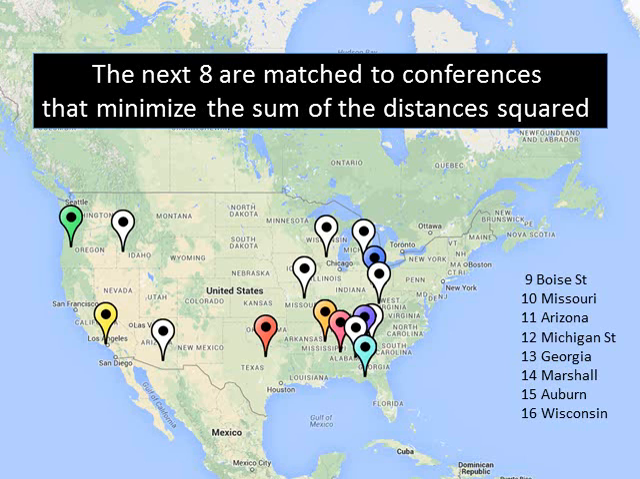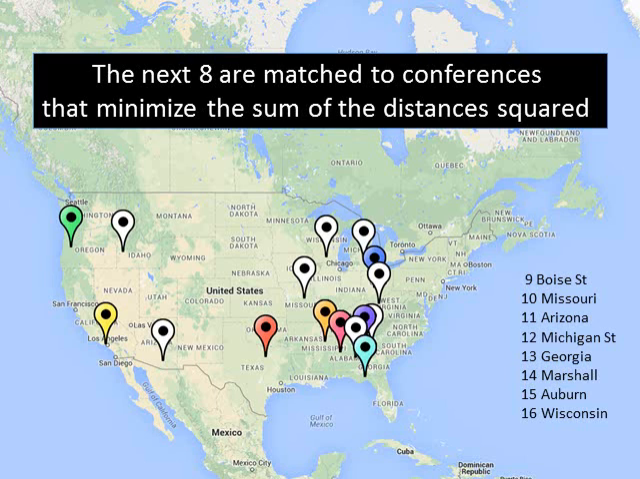So we want to pair these up, and some of these pairings are going to be obvious. So like Arizona and UCLA, they should be in the same conference. Oregon and Boise State should be in the same conference. These over here are less obvious, so we're going to have some kind of mathematical formula for deciding which team